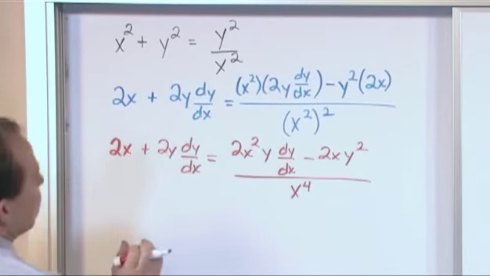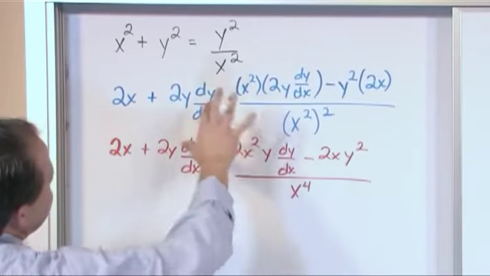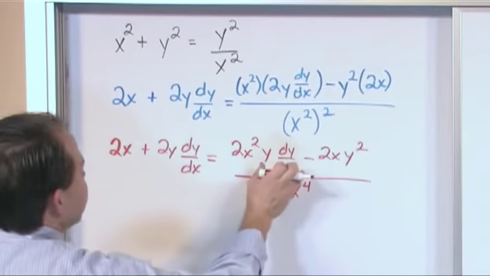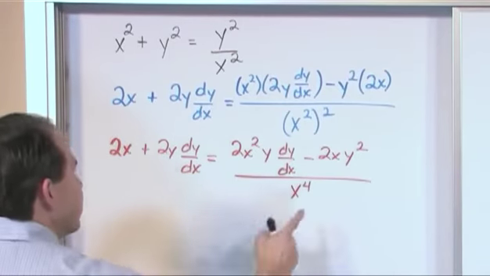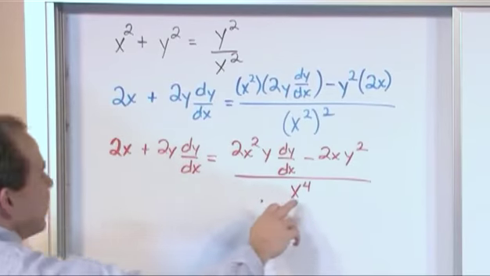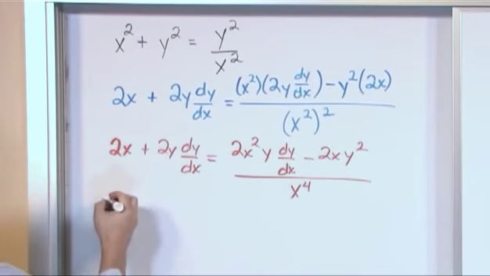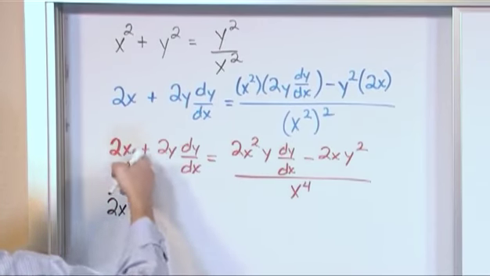All right, so what we're going to do next is simplify this expression. What we ultimately want to do is solve for this term, dy dx. So we need to manipulate this and collect terms on both sides so we can isolate and factor that out. The biggest thing in my way is the denominator, so I'm going to multiply both sides of this equation by x to the fourth power, so it'll disappear on the right-hand side. Then on the left, we'll have 2x to the fifth because we're multiplying by x to the fourth, so we add